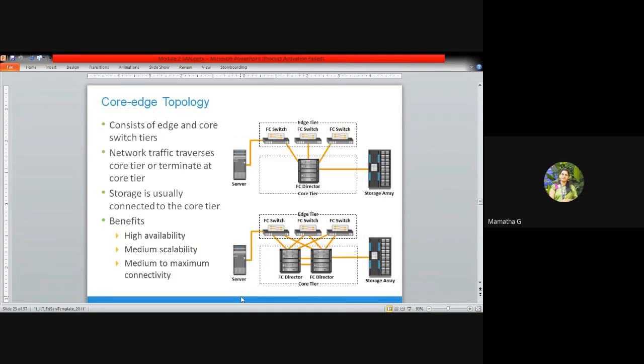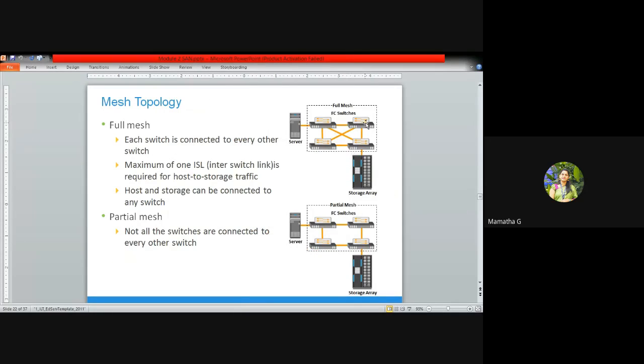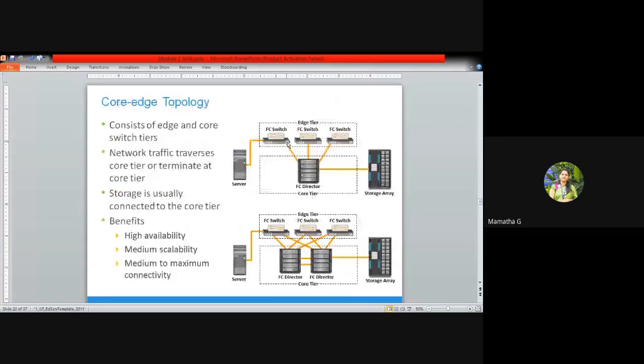And next is core edge topology. In the previous mesh topology, we have only one area, which we call full mesh. But in your core edge, we have two different areas.